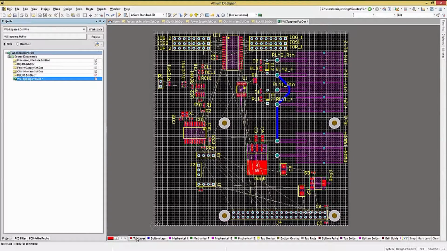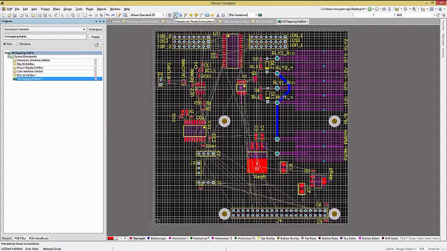One quick way to move from one active layer on the PCB to another is to click the plus or the minus key. As you do this, you will note that the highlighted layer tab changes. Let's click on the top layer tab to start our routing on the top side. Using either the Route pull-down menu, or as I prefer, clicking on the Interactively Route Connections icon,